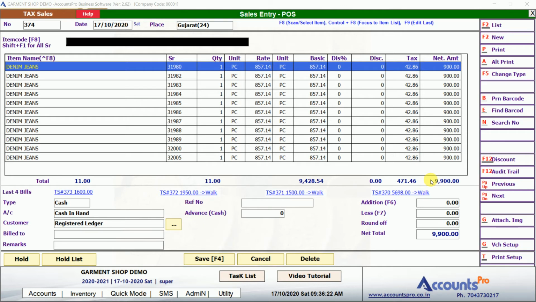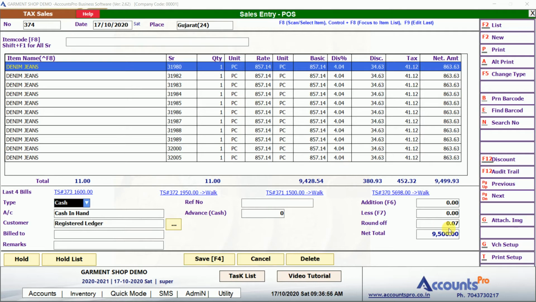Now the matter is the discount system at a retail counter, because when we are doing retail business, we often have to give some discount in bargaining. In this area we have 2 options. Suppose the customer has a bill of 9900 and the customer says that I will pay 9500, and the deal is confirmed at 9500. Then in the item code section you need to enter R9500. R denotes received. If you press enter, then the discount of 400 will be adjusted among all items. Proportionate discount and proportionate tax will be adjusted.